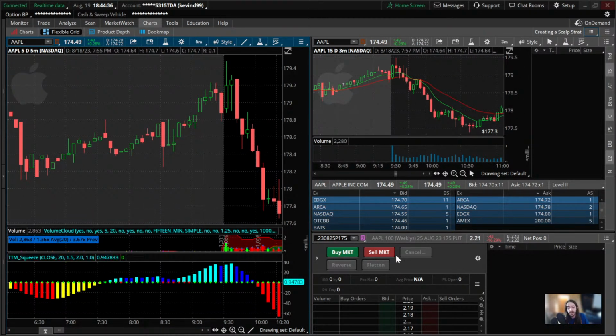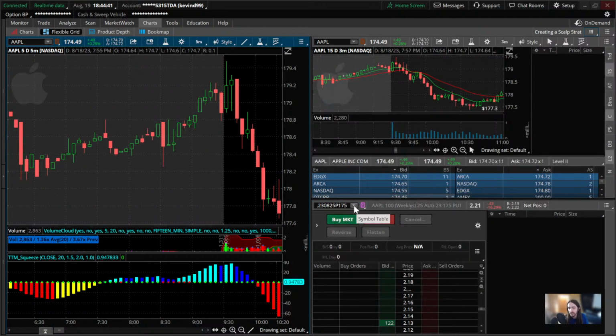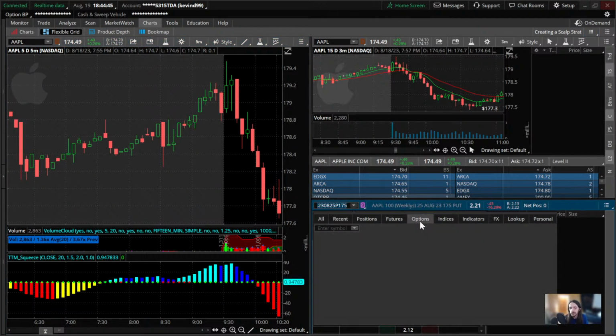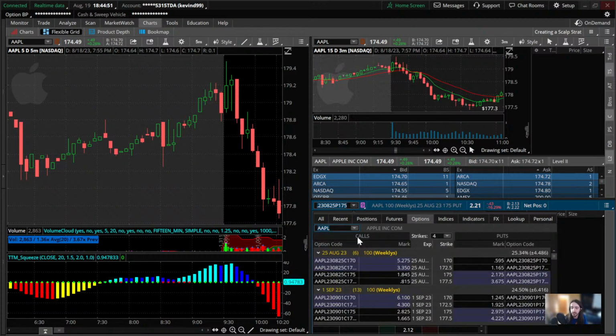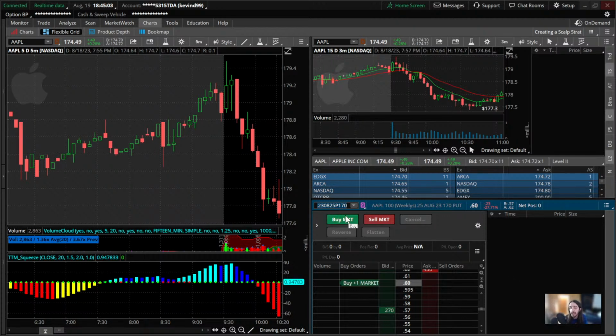Another cool trick, guys, on ThinkorSwim to get options really quickly is you click this little symbol table button and you come over to options and you enter a symbol, and again, let's say Apple. You search it. It's going to give you a quick little rundown, and you could add more strikes, and then you just click whichever strike you would want to trade. So let's say we want the 170 strike, we would click that, and now we have the 170 strike preloaded